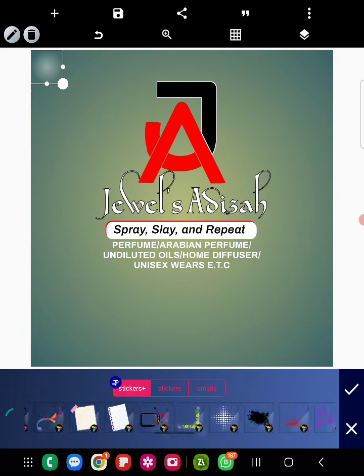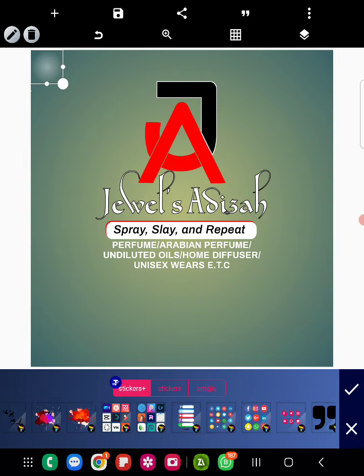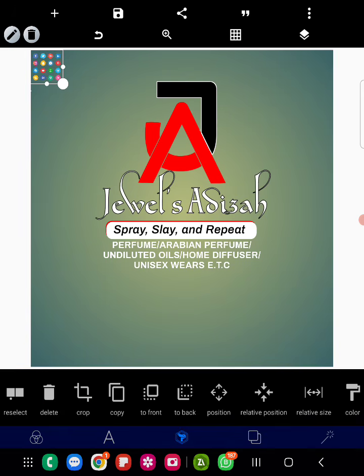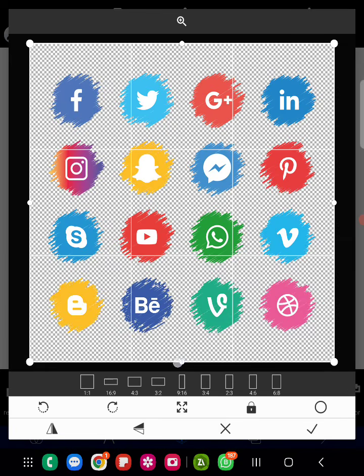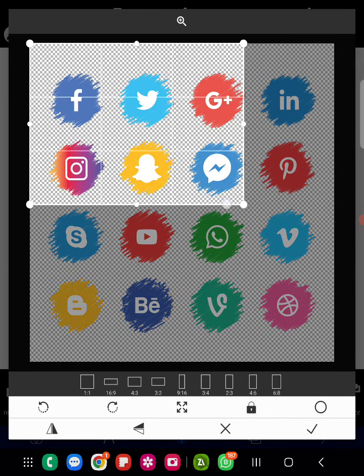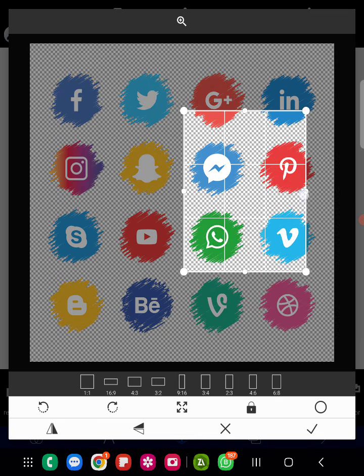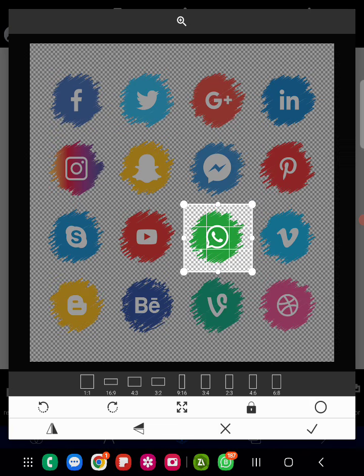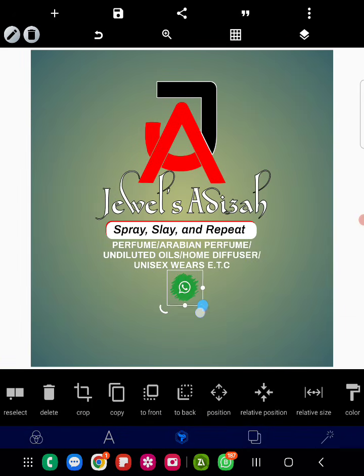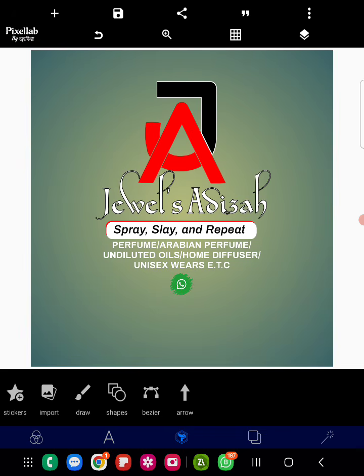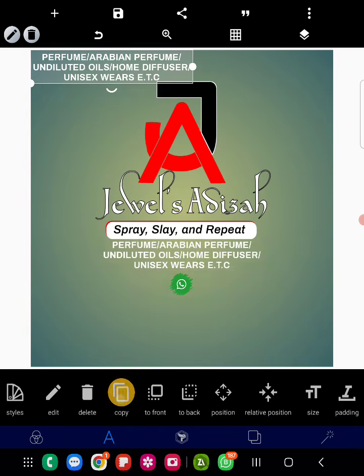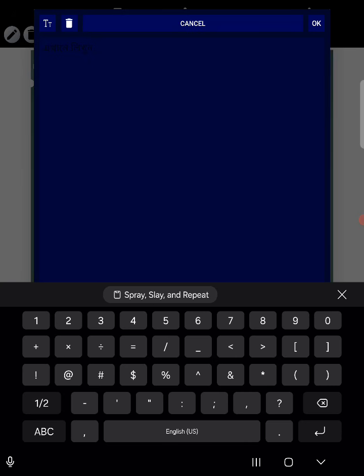So on my Pixel app, I have a customized WhatsApp icon here which I can use. So I'd prefer to first of all select this WhatsApp directly, because that is the only one I'm going to use. So selecting this, after selecting that, you go in there, copy and put in the phone number